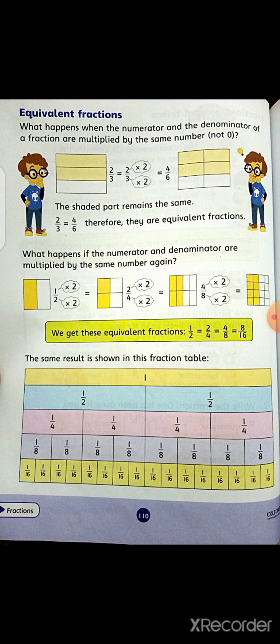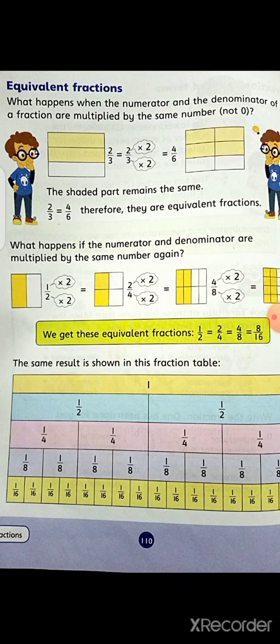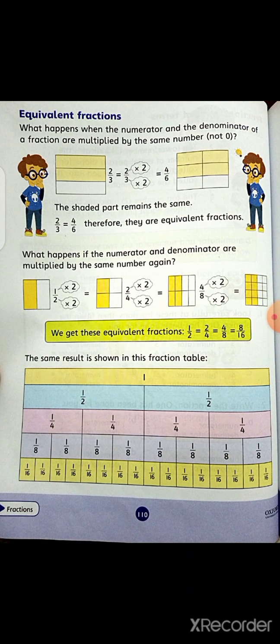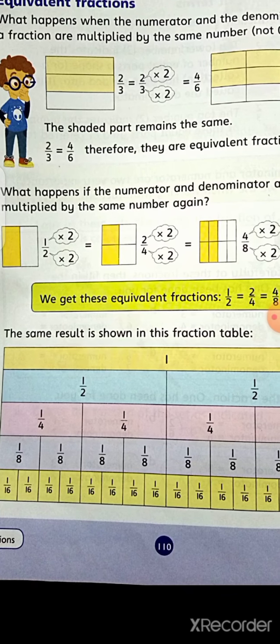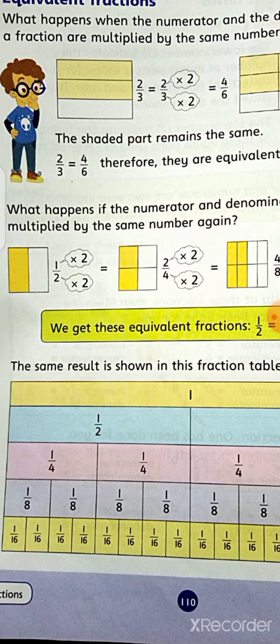First one, no division, it means it's whole, equal to 1, and the second figure is divided into 2 equal parts. The next figure is divided into 4 equal parts in the same way. This one is 8 equal parts and yellow is 16 equal parts. If you notice carefully, this 1 over 2 part is divided again into 2 equal parts, and 2 over 4. 1 over 2 is equal to 2 over 4.